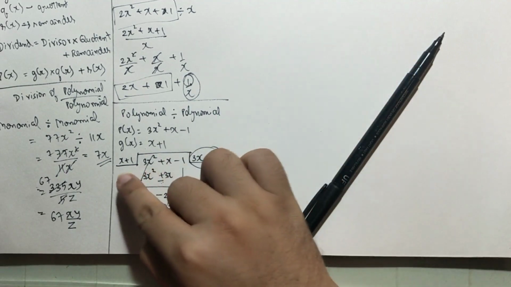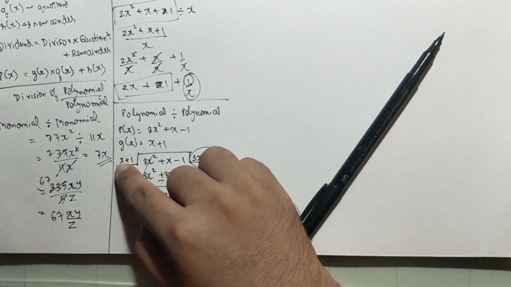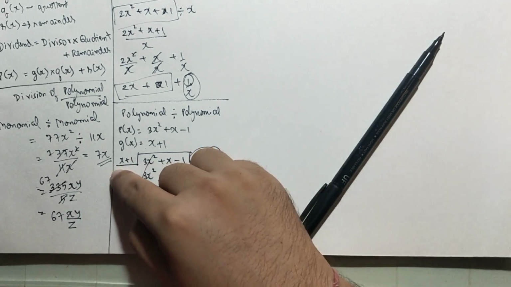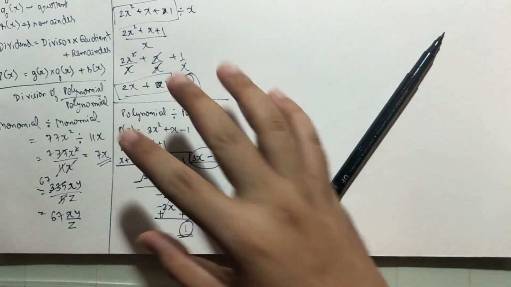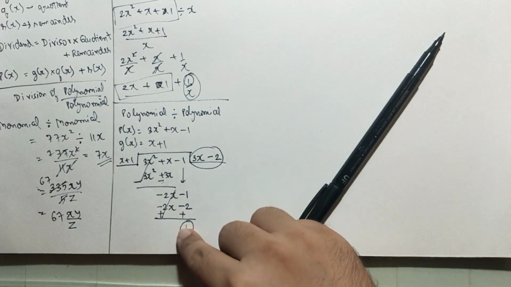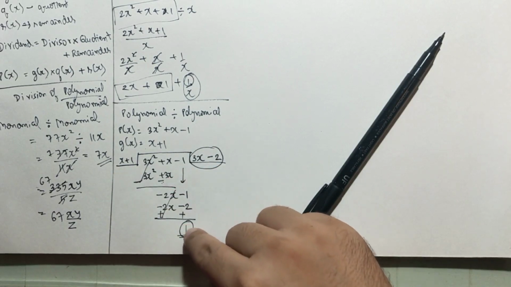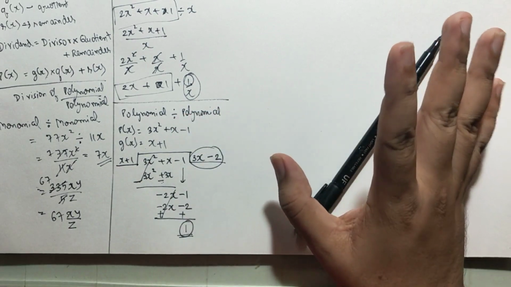Why do we have to stop it? Because if there is x square in the divisor, you cannot multiply anything to x square to make it x. You have to divide it. You cannot multiply anything. So if the degree of the divisor is 2 and the degree of the remainder came out to be 1, it means if an x term came here and there was x square here, that x term would become your remainder.